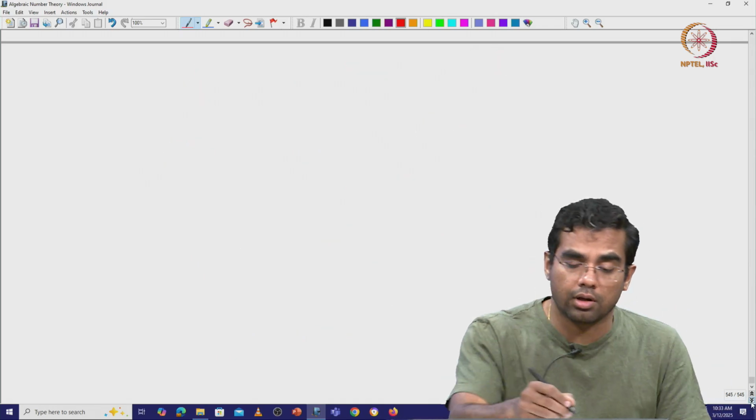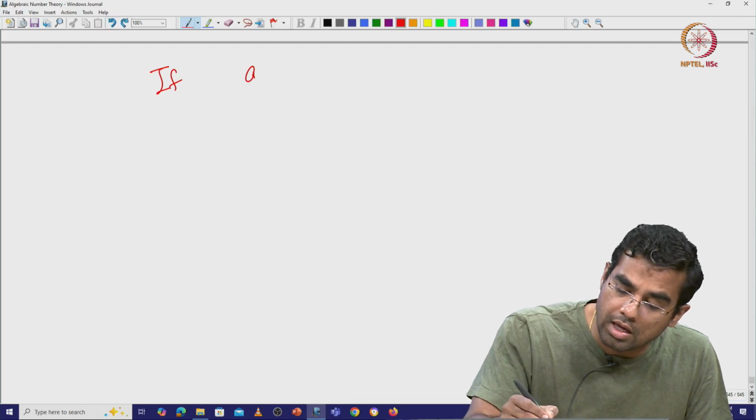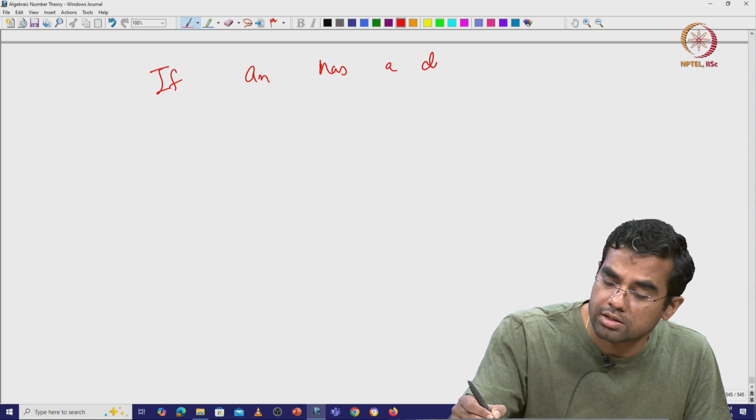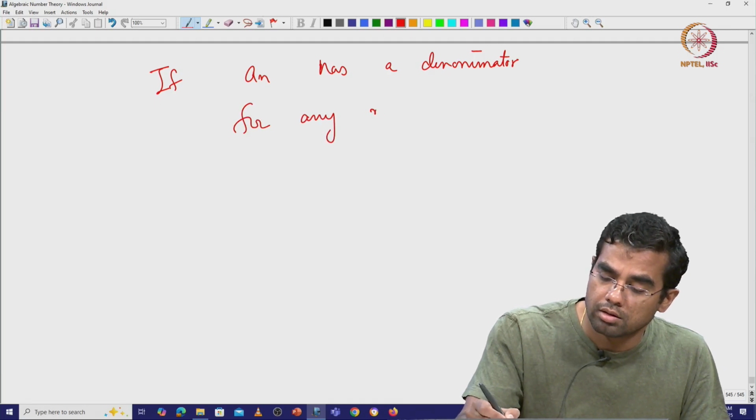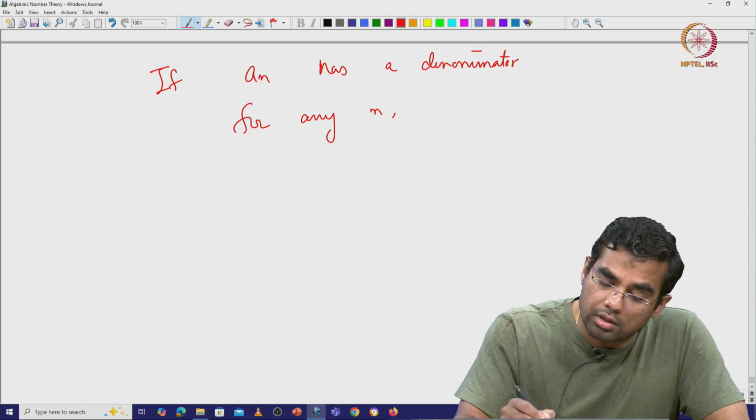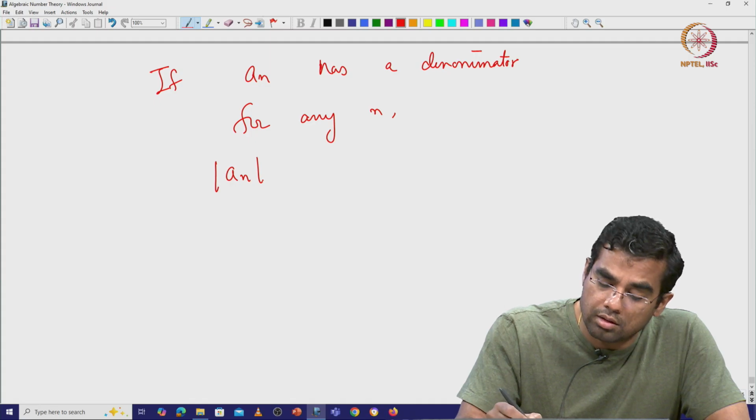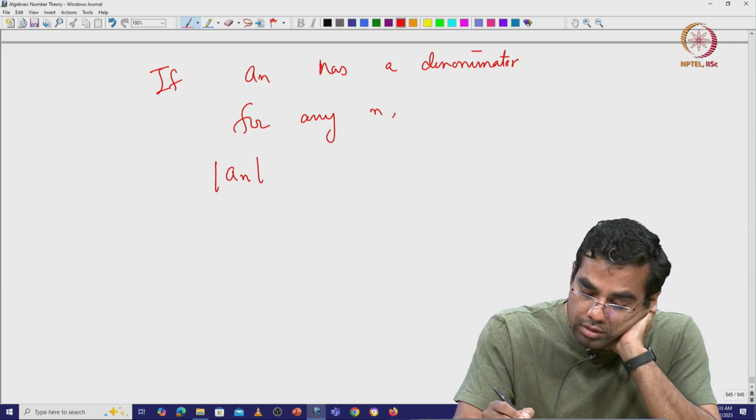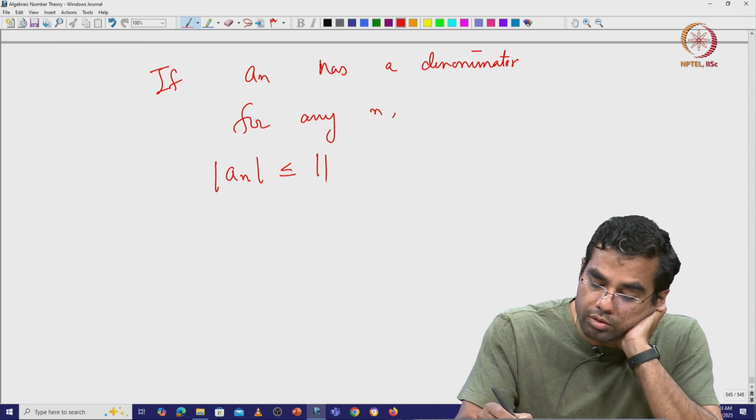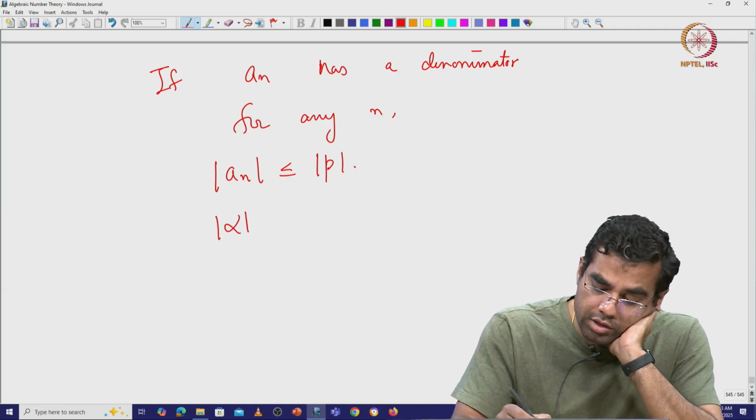But you see that if a_n has a non-trivial denominator for any n, then the valuation of a_n is, we are using the multiplicative valuation, so this is less than or equal to valuation of p, right. But you see that valuation of alpha is